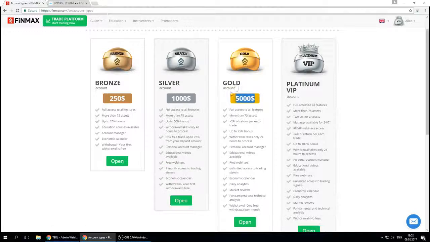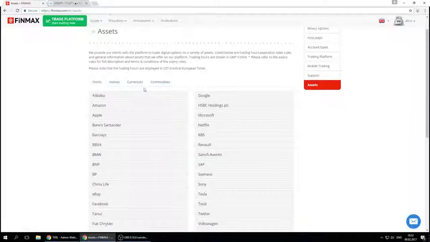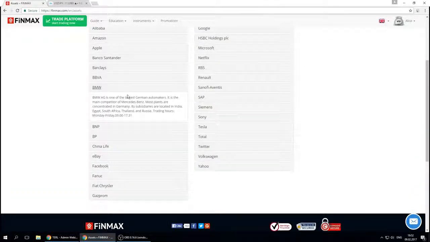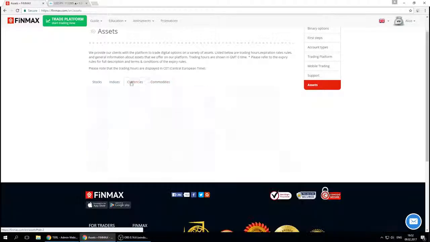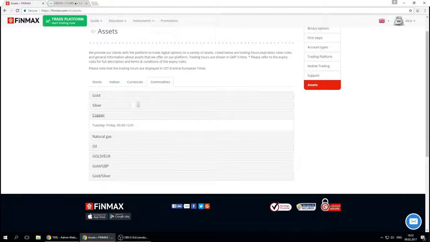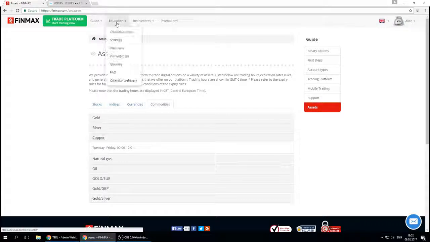Also, the gold account gives you trading signals all the time, with unlimited access to them. You can see here also the assets that are available, and brief information about these assets. You can see the trading hours for these assets, when you can trade on them, and you can see more detailed information. Education can be good for beginners as well as advanced traders, because here you can see